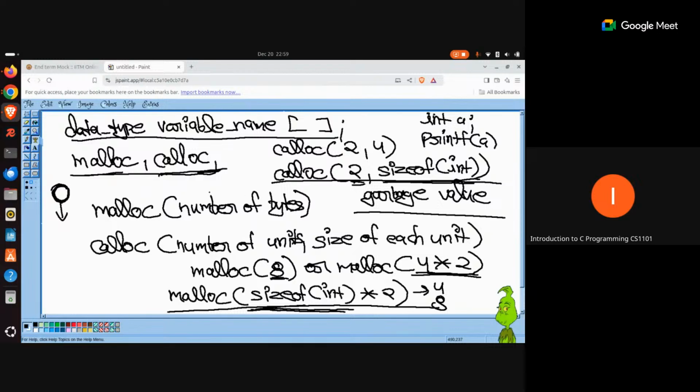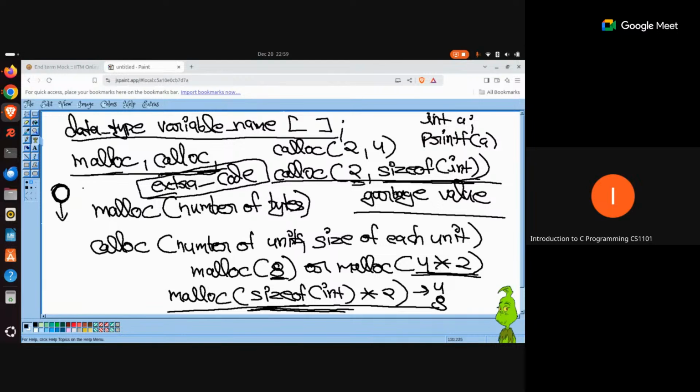Because when calloc is explicitly trying to initialize those recently requested memory blocks with the value of 0, that means it is performing some extra steps, or you can say some extra code. And if the code that it is executing is not required, then you are playing with the optimization. You are making your program a little bit slower because calloc is doing some extra computations, using some extra clock cycles. So it is making your program a little bit slow.